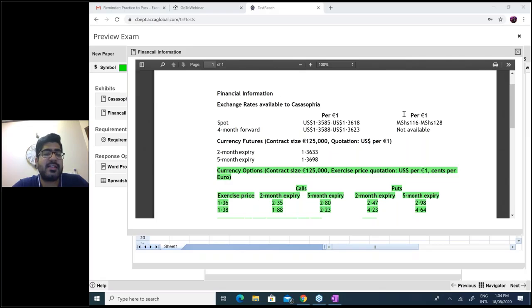Noman, you don't have to decide the exercise price. You have to work on both exercise prices. Same question, Jakir. First, you have to work on 1.36, which I'm doing, and then you have to take 1.38. I will repeat it, don't worry. People were asking which exercise price we should take. You are given two exercise prices, and you have to work on both.